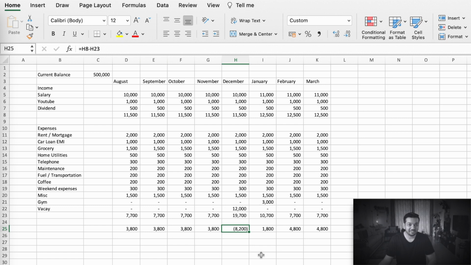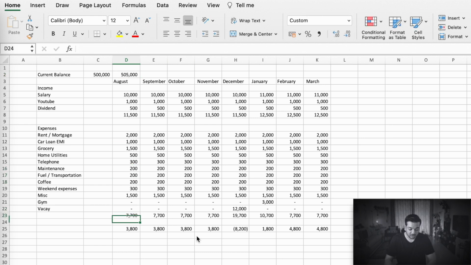Now let's get to my favorite part. How do you track your budget? What you want to do is every single month, go ahead and input the exact amount that is there in your bank account, just like how you did for the first step. Now, after the first step, in this optimistic example, we had 500,000. At the end of August, you have